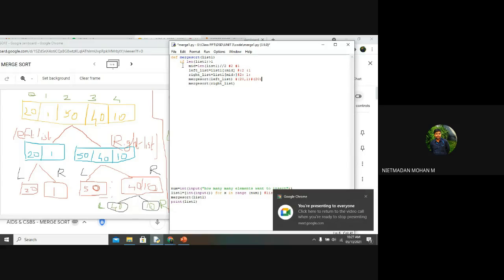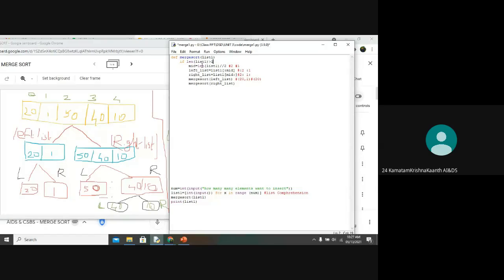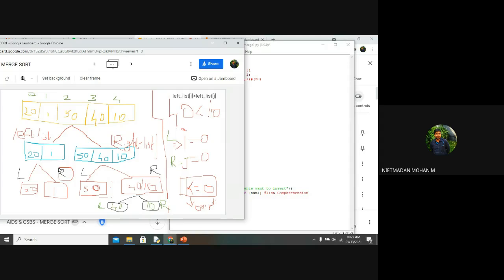And again, the left list will be going here. And what is the length of the left list now? 1. So is 1 greater than 1? The condition will be false. So this sorting method has been completed, and again it will go to the right side, right?